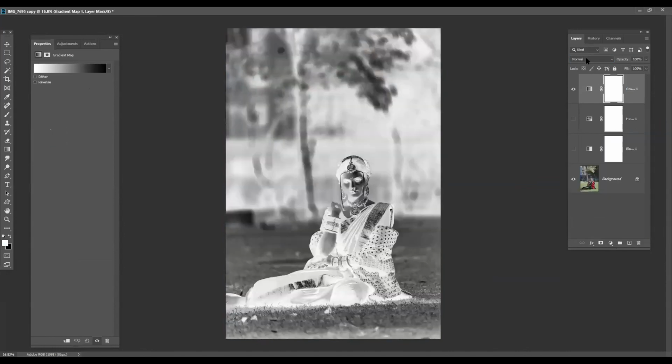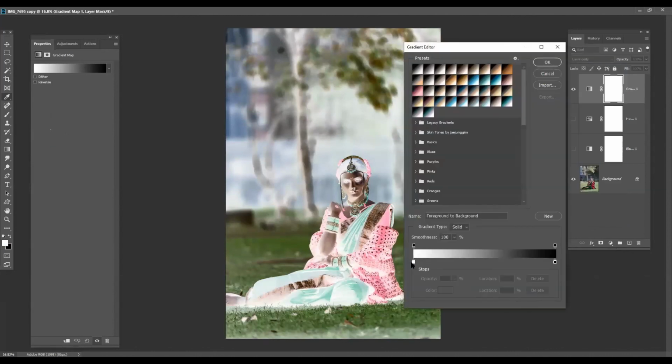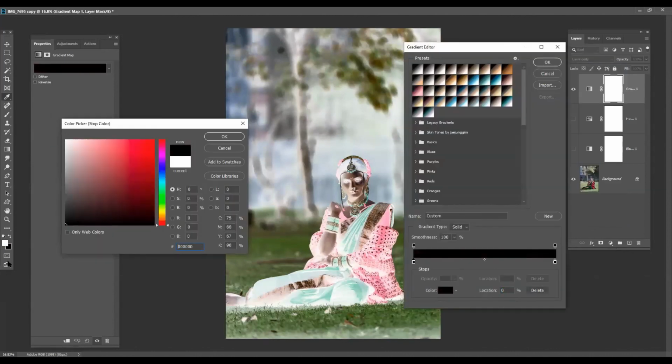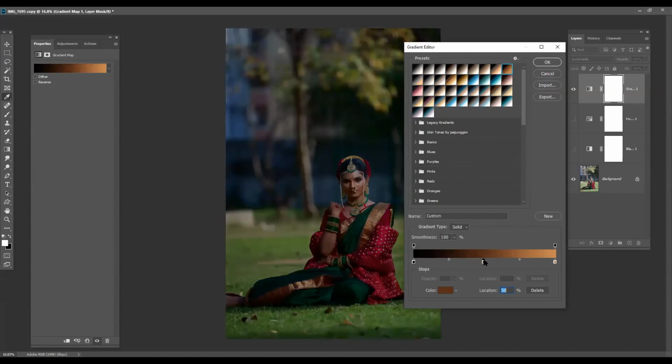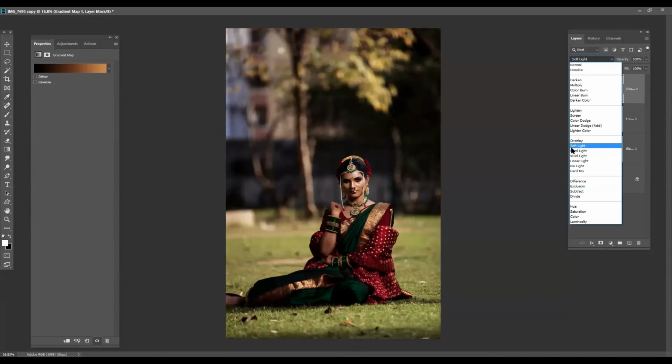Gradient map. Let's come to luminous. Now with luminous, as you don't have a black over here, it will never produce a black. So let's take a luminance. It's a two-part luminance. See, luminance will always work on the grays. Now if we go to soft light, it will try to generate color in your image.